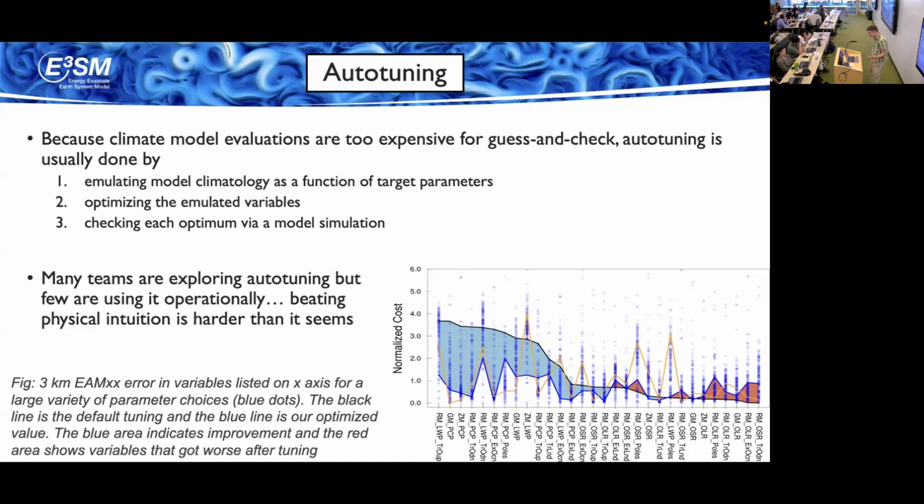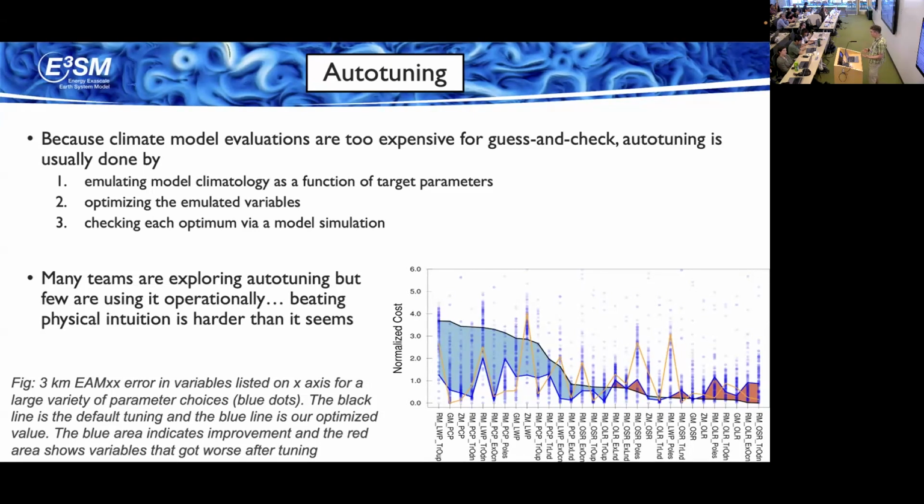So this is something that we've done with Screen recently, and I was surprised at how hard it was. And so there are not many operational centers that are using machine learning to do their tuning, even though there's a lot of projects that are trying to do that, right? So I think something that I hadn't fully appreciated is that this is really hard to do.